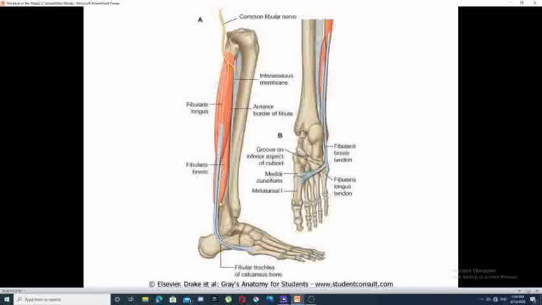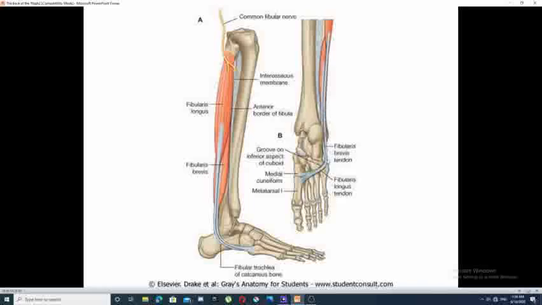Both of these two muscles have a long tendon that passes behind the lateral malleolus of the fibula, and the peroneus brevis muscle is inserted into the base of the fifth metatarsal bone,